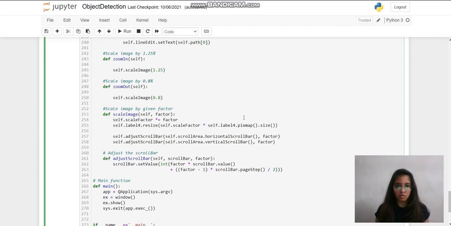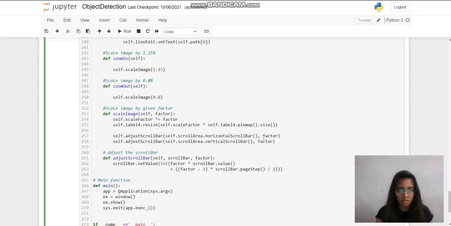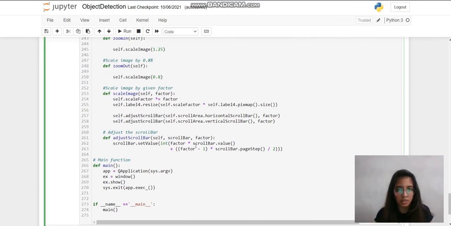Basically we resize the image by whatever factor is given, and set that pixmap to the label 4 size. And we have adjusted the scroll bar accordingly. The adjust scroll bar function will adjust the scroll bar value according to the factor value.